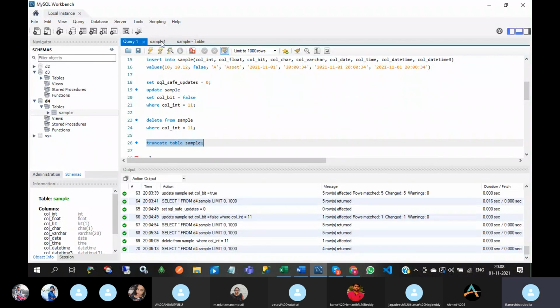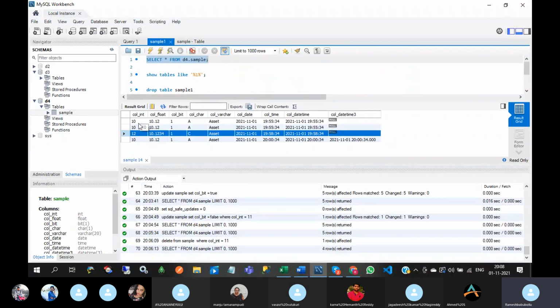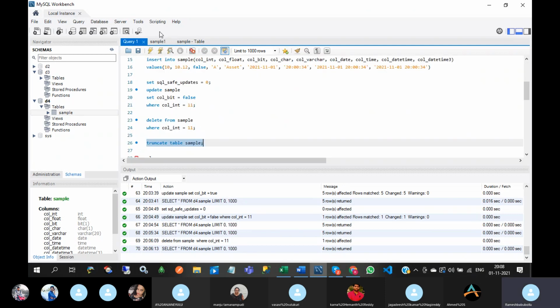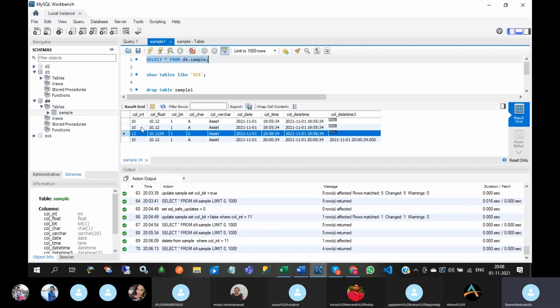One more thing, we can generate the serial number. While designing the table, we can generate the automatic serial number. That is called the auto identity property. I will discuss it later. Suppose here, how many records are there? 4 records are there.